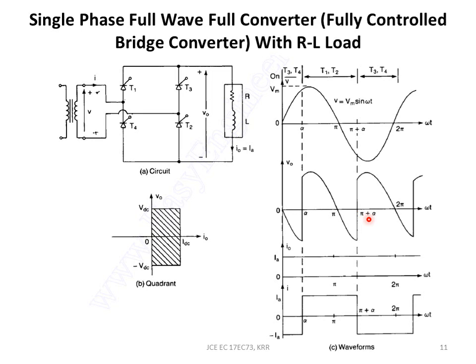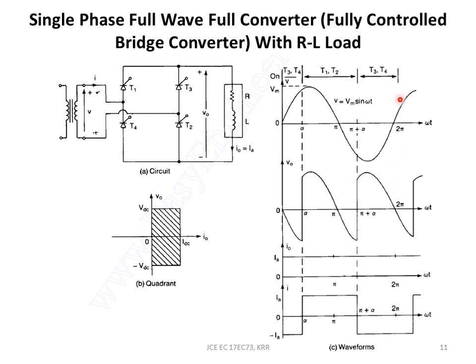At pi plus alpha, the other two thyristors which are forward biased are given a gate pulse. So what happens is there is a changeover. The current which is flowing like this, now the direction of current will be the same, but it will be in this direction. So it will flow, this is plus, this is minus. It will flow from T3 through the load back to T4 and to the negative of the input. So it is going to conduct from pi plus alpha till 2 pi.